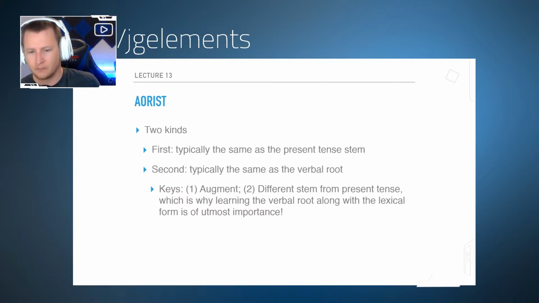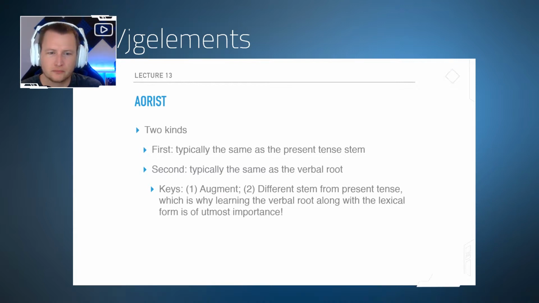All right. So there's two kinds of aorist. There's the first aorist and the second aorist. This sounds awfully familiar, doesn't it? That's right, because we had similar things with the future tense. So the same rules will apply here with the addition of an augment, which I like to say is the indication you're dealing with past tense, okay? But this is in the indicative. We're going to learn other forms, other moods, and